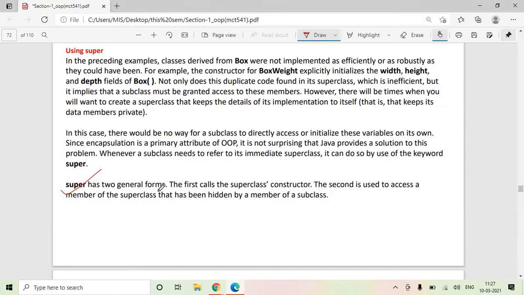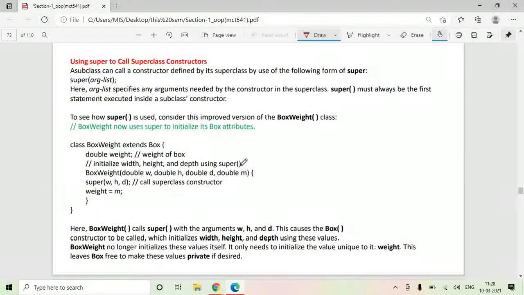Super has two general forms. The first calls the super class constructor. The program for this we have seen. And the second is used to access a member of the super class. Let's try to study both. Say here we have written box weight class extends box. So box weight class is an inherited class from class box.